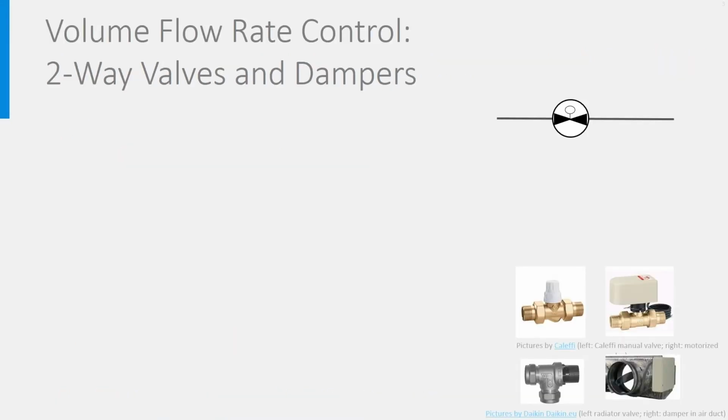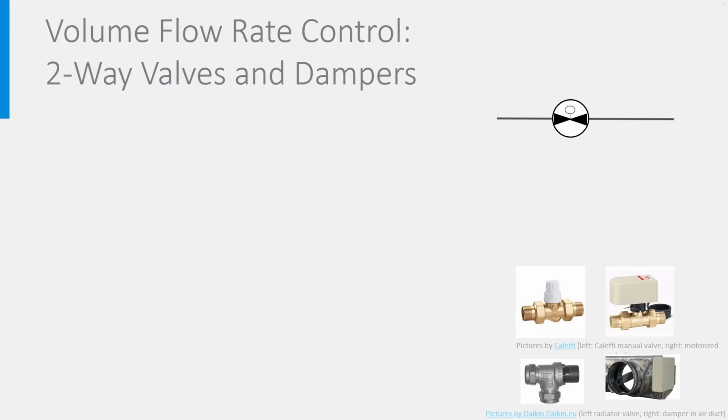Let's start with the control of volume flow rates. That's the basic and also the easiest, as the actuator acts directly on the parameter to be controlled, the flow rate. Valves and dampers are the way volume flow rates are controlled in ducts once the needed pump and fan power is present. A damper is just another name for an air valve.